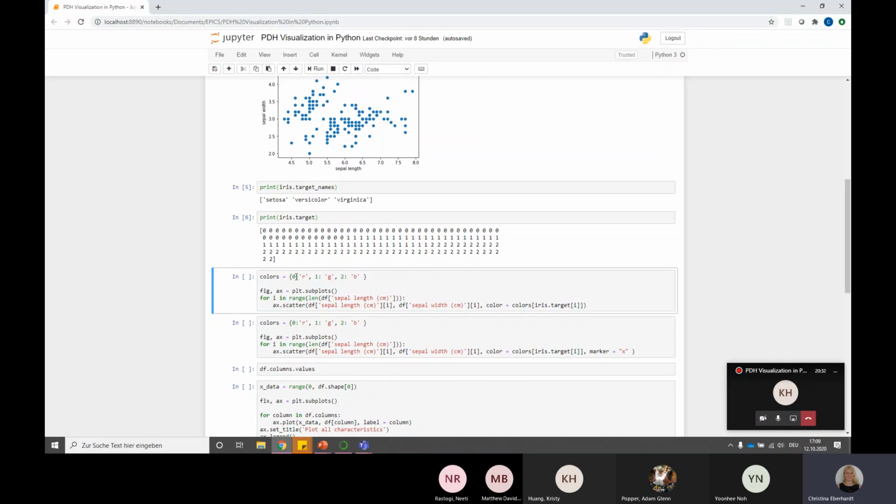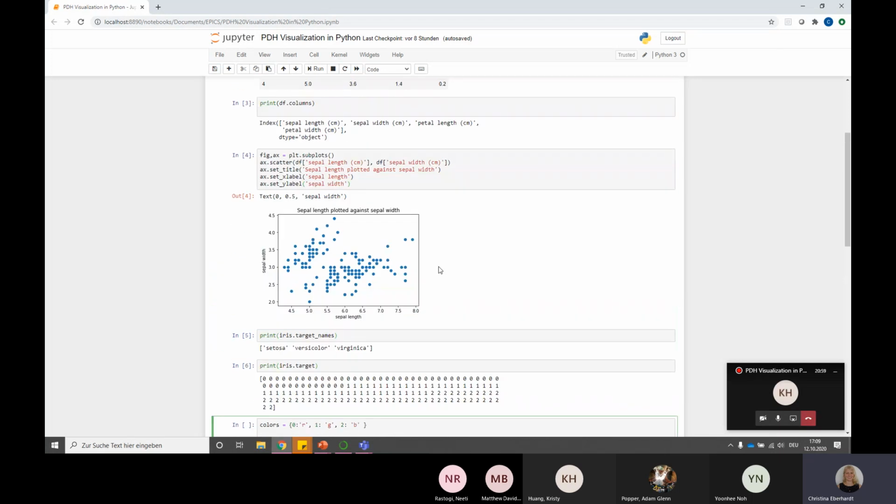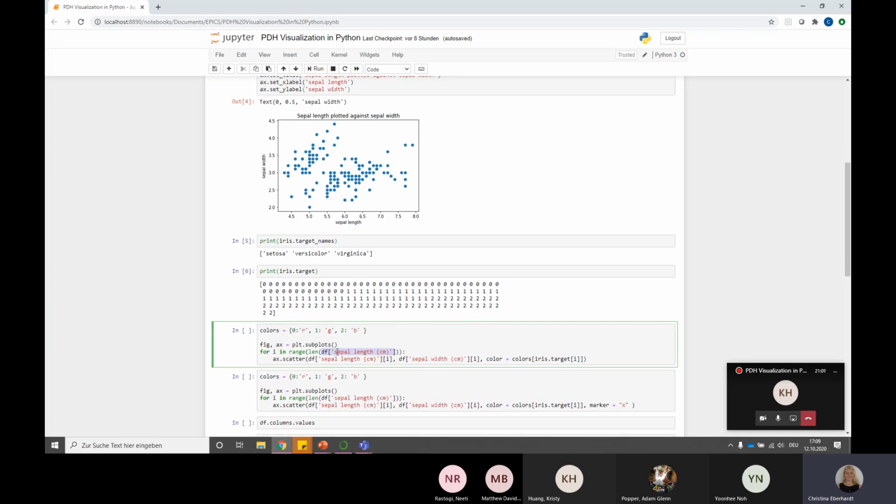So if we get an entry that is 0, we want the color red. If it's 1, we want green, and if it's 2, we want blue. We can create a new subplot with the function we have used before, and then just loop over our data. So we look at our data frame, the column with the sepal lengths, and then we see how many rows we have by calling length. So then we loop over all the elements in the length of our data frame